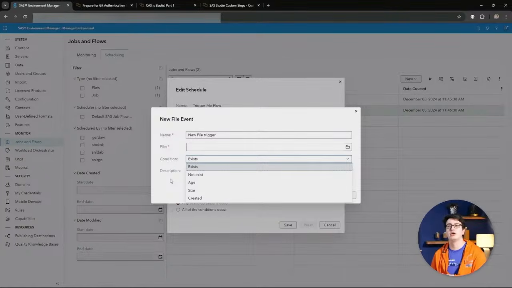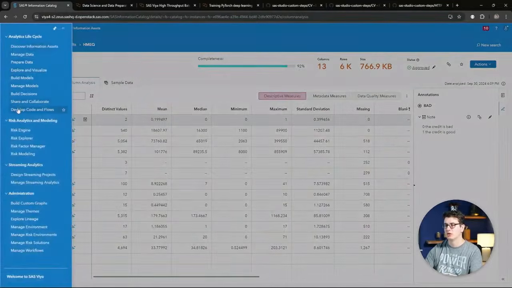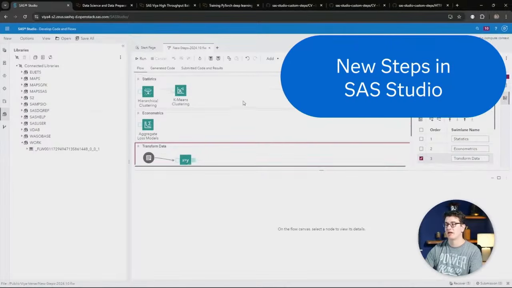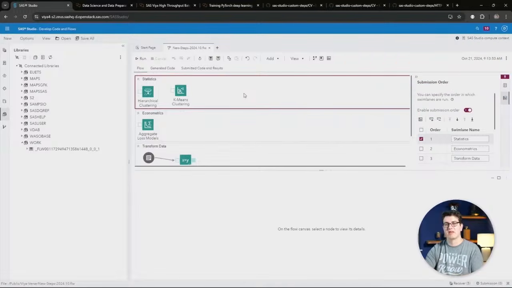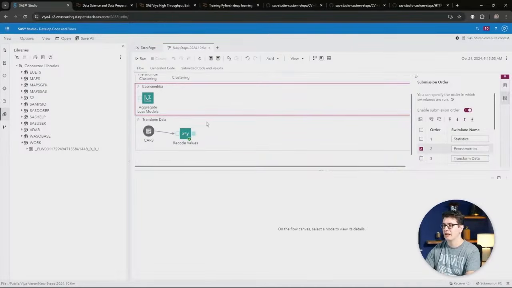You can just do it no code directly in the UI, which is very handy. Now, let's again use the main menu to switch over to SAS Studio, where we will take a look at the new steps that have been added in the last month. The first are two in the statistics category for hierarchical clustering and k-means clustering. We have a new aggregate loss models step in the econometrics category. And then a cool step that I want to talk about a bit more in detail in the transform data